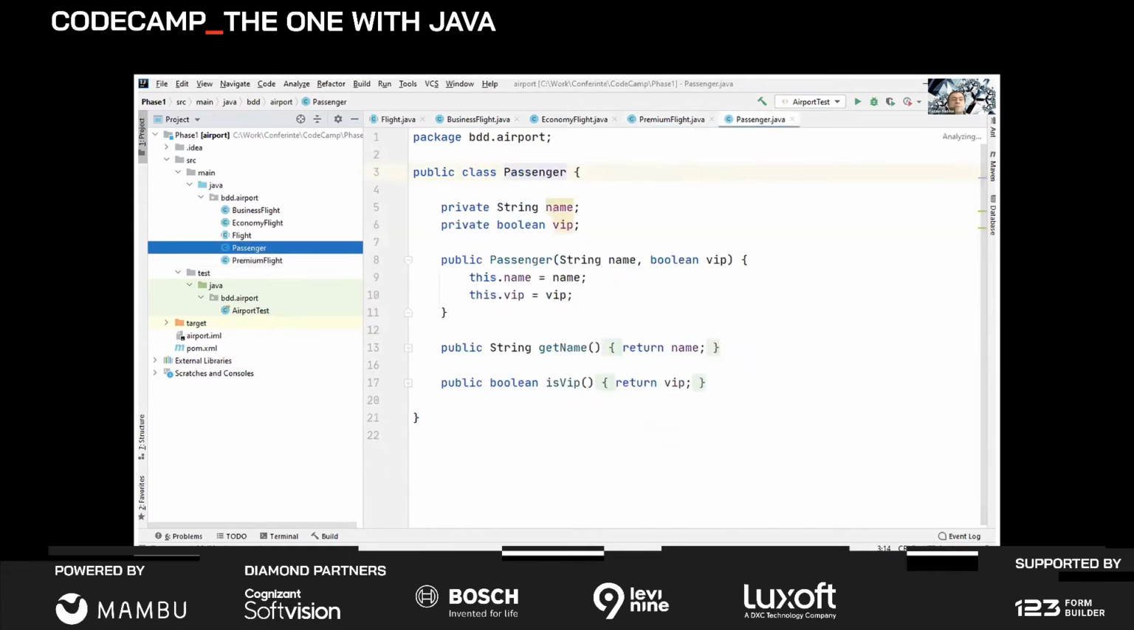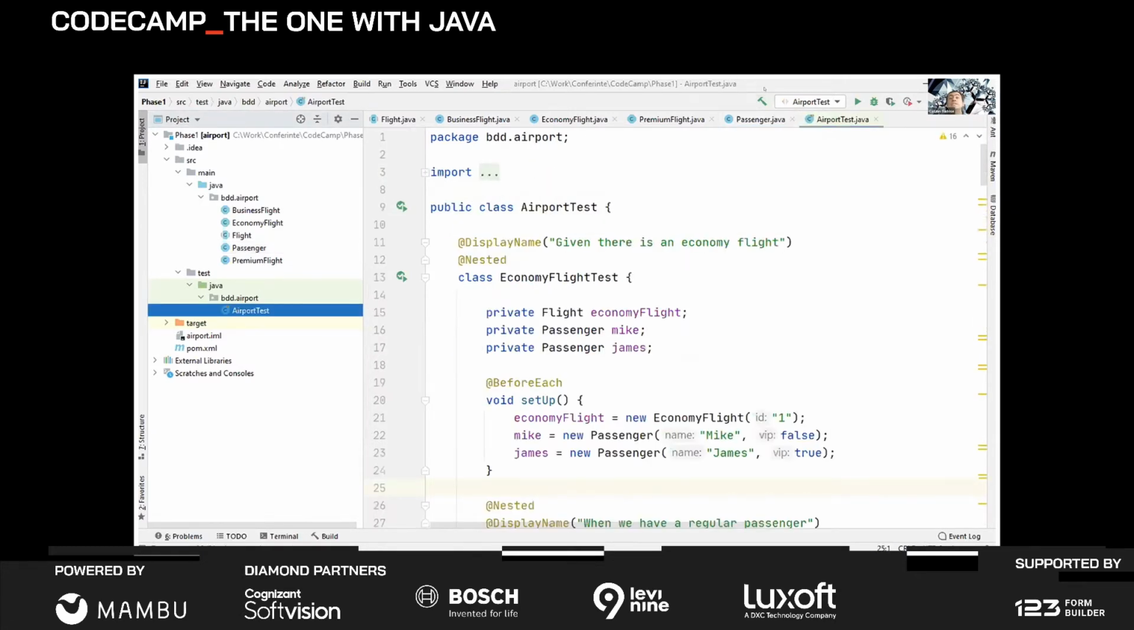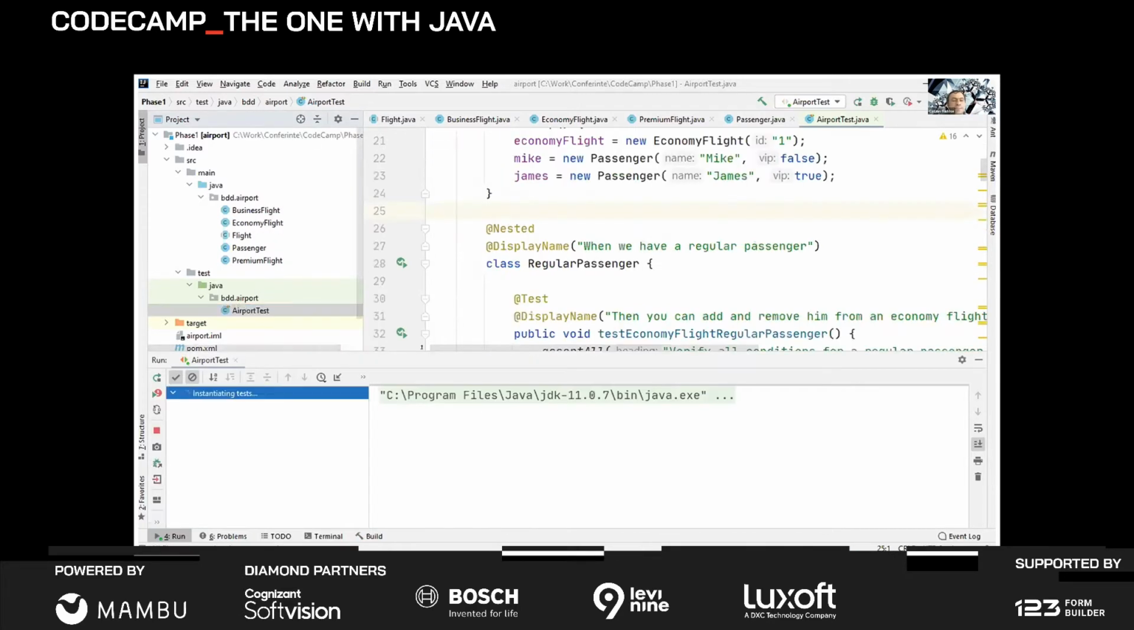A passenger is simply described by the name and by the fact that he or she is VIP or not. And we would like to test our application, for the moment, with a pure JUnit 5 solution. We said Cucumber will soon come into the scene, but we would like to demonstrate that we have a first state of behavior-driven development only with JUnit 5. And if I run this airport test,